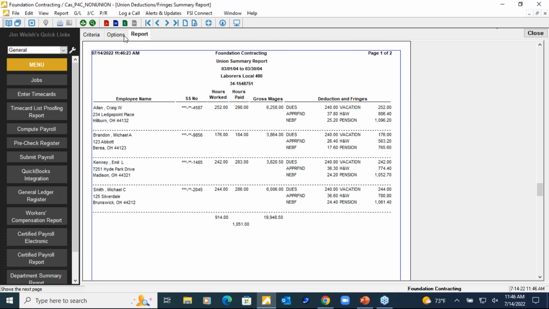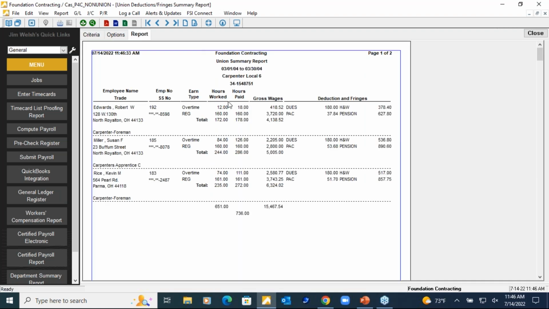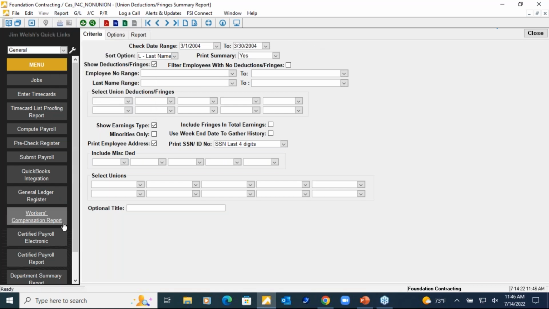These reports also, some people say, well, I don't need the address. I need the whole social, none of the social. I need overtime broken out versus regular hours. So we'll start getting these reports unique to each individual client. And then what we can do is we can just hit save as a default, put it in their quick